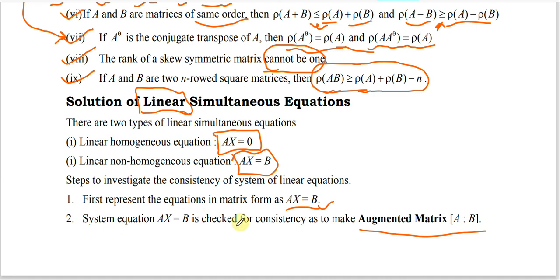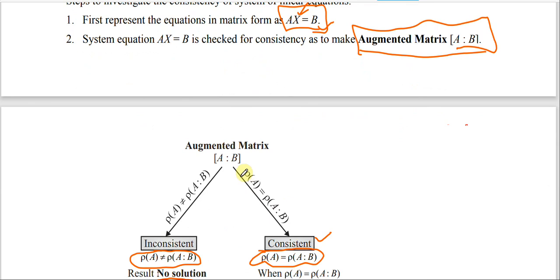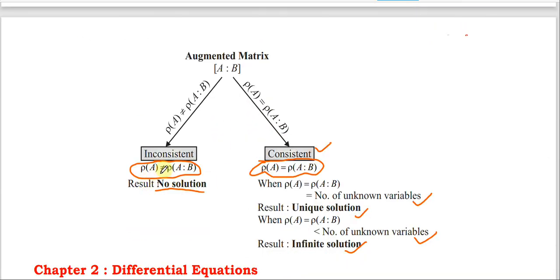So how to find the solution? First we will have Ax equal to B, where x may be an eigenvector. Now for Ax equal to B, we will check for consistency. First we will make the augmented matrix, which we will write as A ratio B. Then if the rank of A is the same as the rank of the augmented matrix, it is consistent, meaning the solution will exist. If the ranks are not equal, then we can simply say that it has no solution.